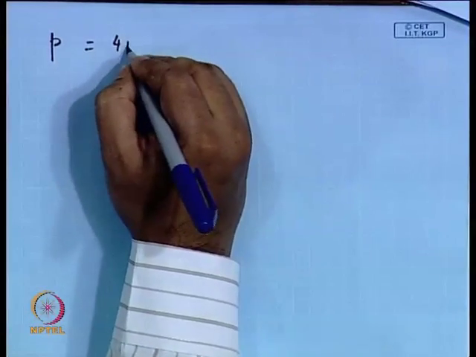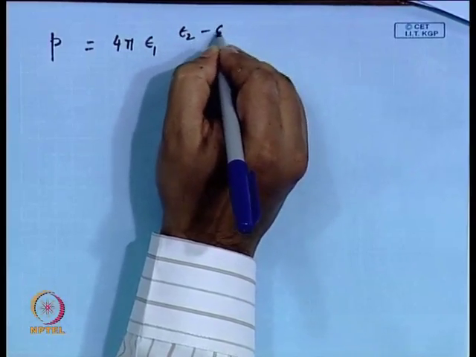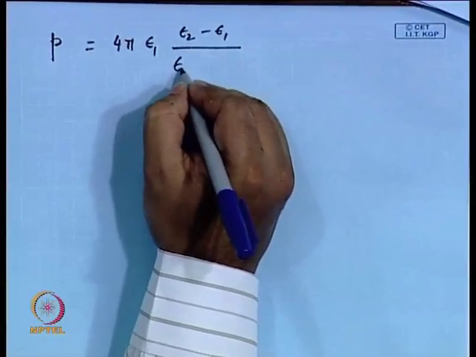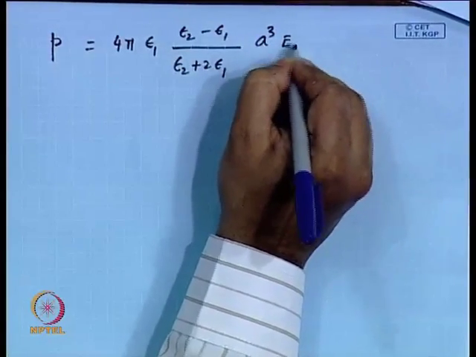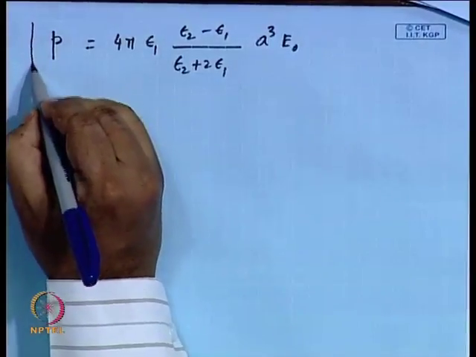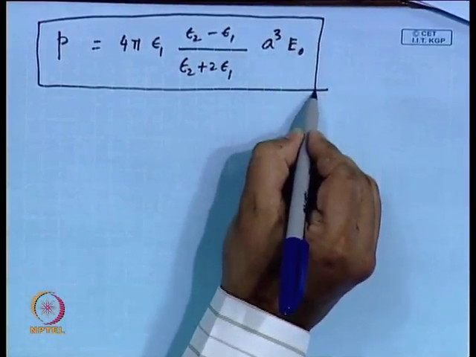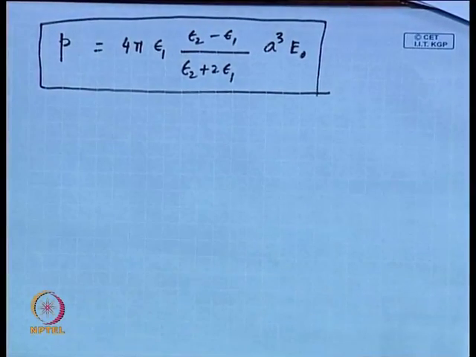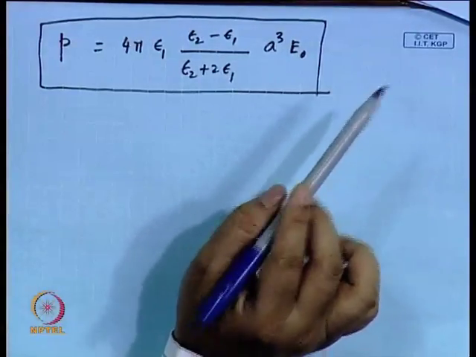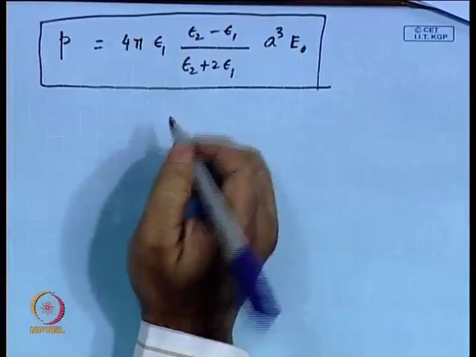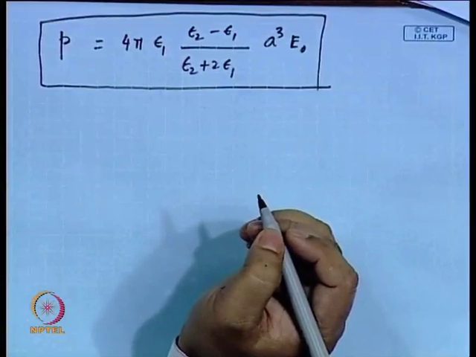I will get back to that. 4 pi, let me write the expression first. This is the expression that you get in that case. Solving that governing equation with these boundary conditions, you end up with this expression, and what you write here is